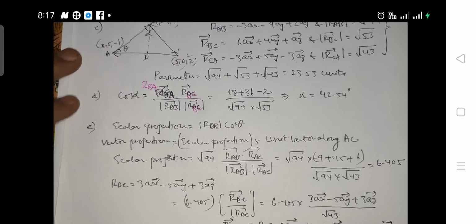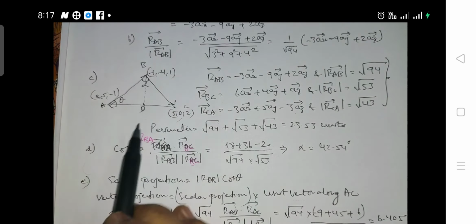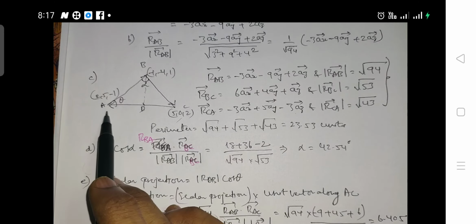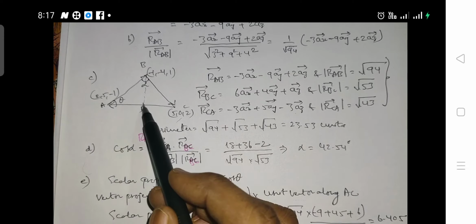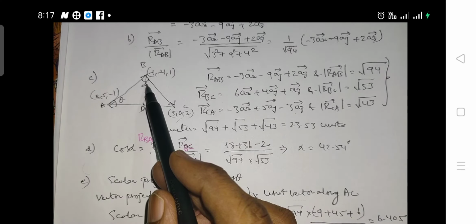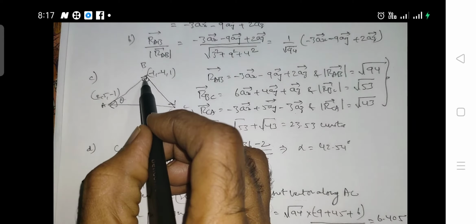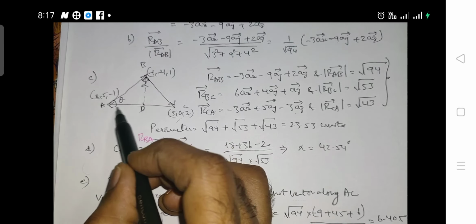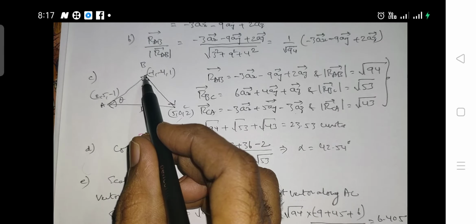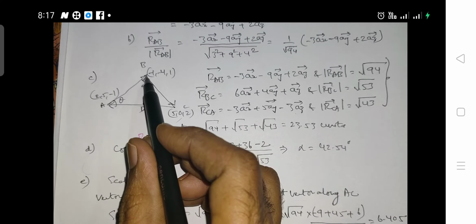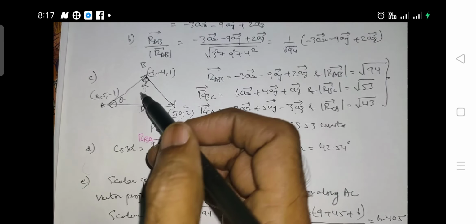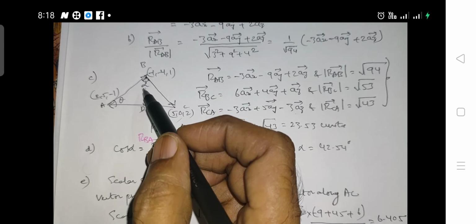Let me write down the formula for this. First let me explain. If you consider this triangle ABD, we are going to have this resultant R dB bar. So consider R dB bar is equal to R dA bar plus R AB bar. Okay, R dB bar is equal to R dA bar plus R AB bar, right? And if we simplify this, we are going to have